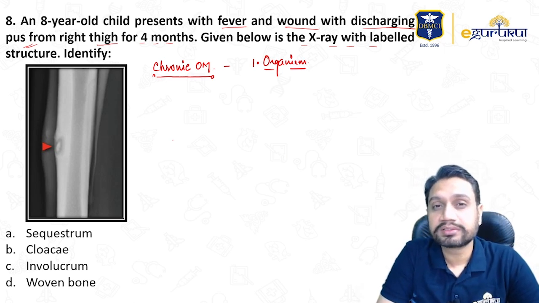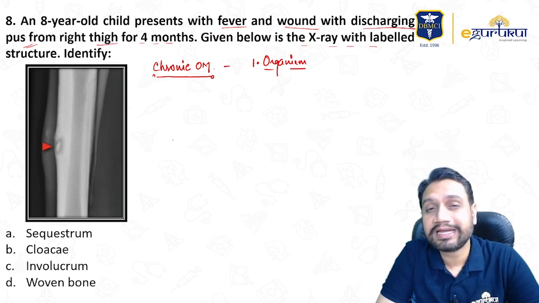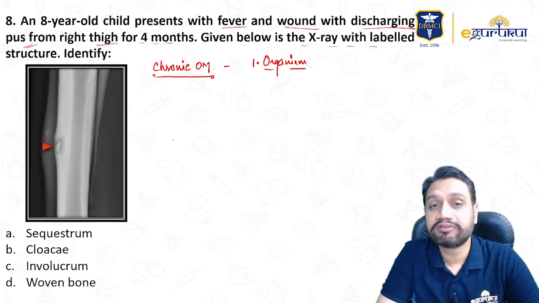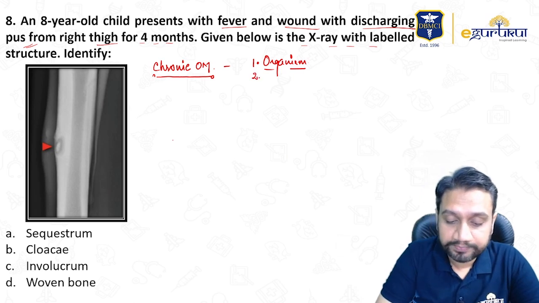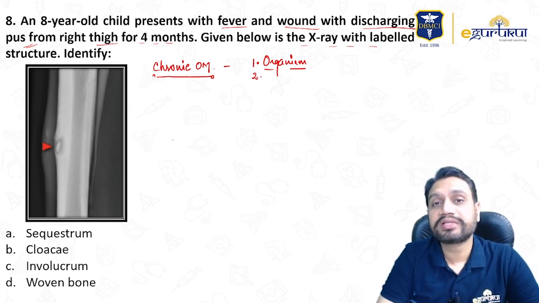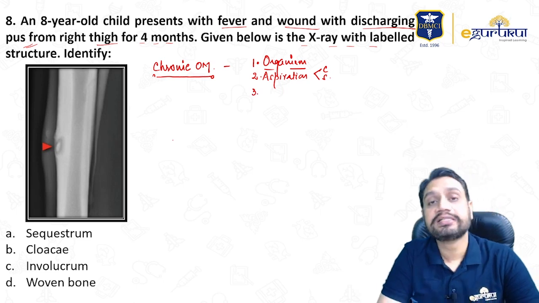For parenteral drugs, Pseudomonas. IV parenteral therapy, to whom the parenteral therapy is being given, and for the sickle cell hemoglobinopathies, it will be Salmonella. So organisms you must remember. Second, the best way to diagnose the infection will be aspiration, culture and sensitivity.